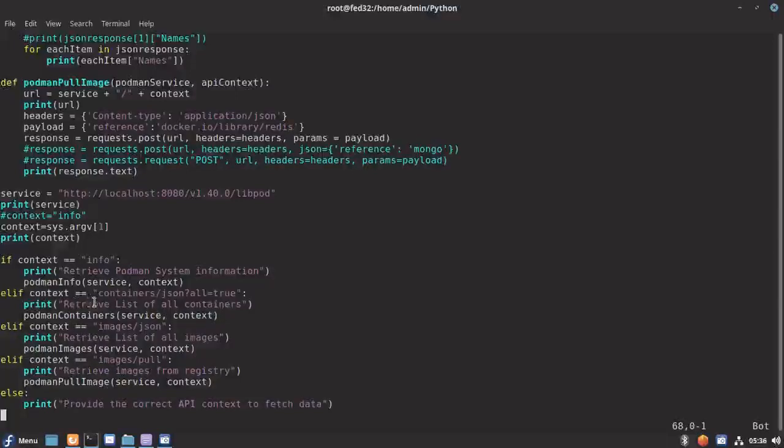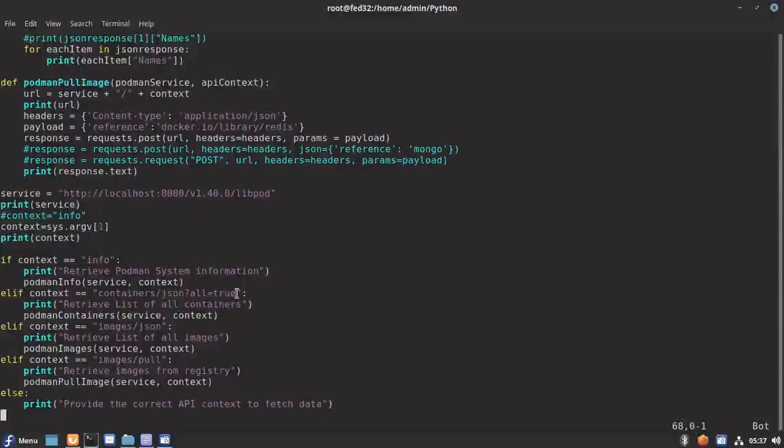Let me show you some more APIs that I try to capture information on. The next one is, let's say we want to capture the containers, what all containers are available on our standalone Podman system. Here I am passing the context root as containers/JSON, and there is a string we are passing, all equal to true.